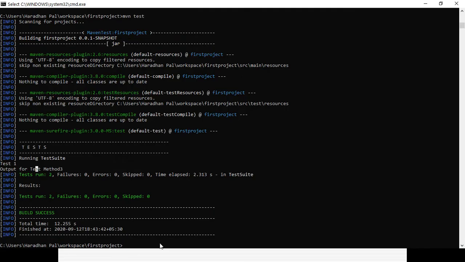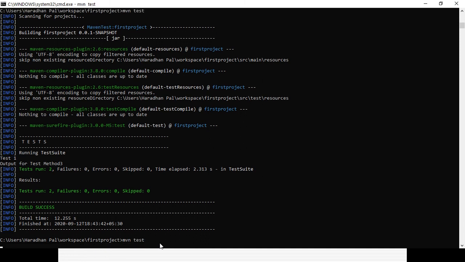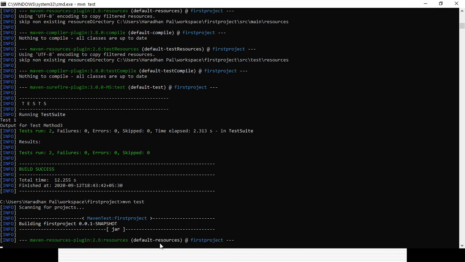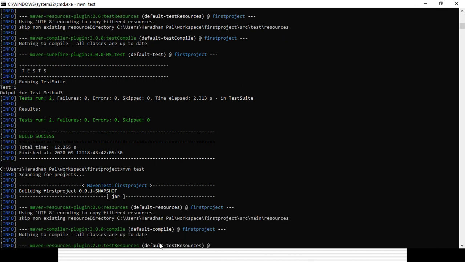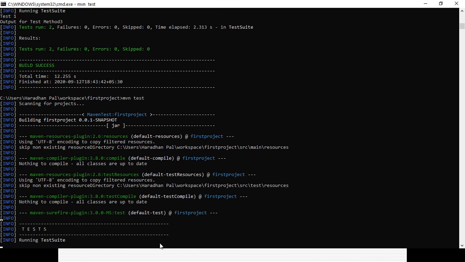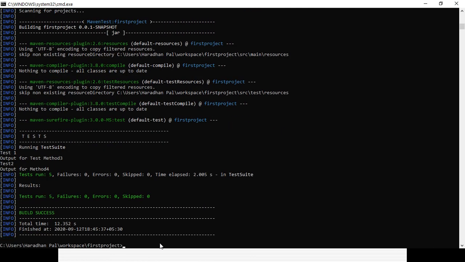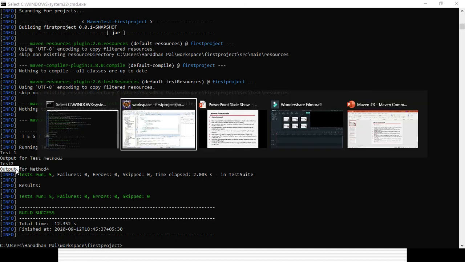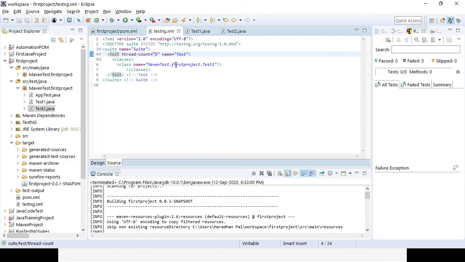Now if you run it again, you can see the total methods running as 5, because the 3 classes AppTest, Test1 and Test2 have 5 methods in total, and obviously 4 outputs will be coming, 2 outputs for the Test1 class and 2 outputs for the Test2 class. So it will not be running based on your testng.xml file configuration. You can see the total run is 5, failure 0, skip 0, error 0, and the output is coming for Test1, output for test method 2, and Test2 and Test4. Though you already updated the testng XML file here, it will not be considered.